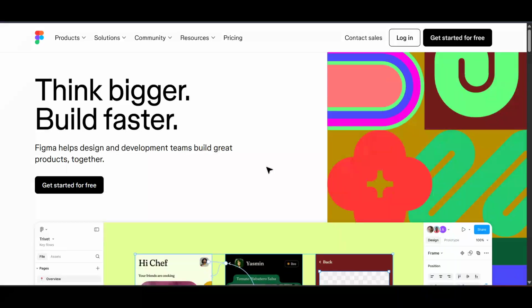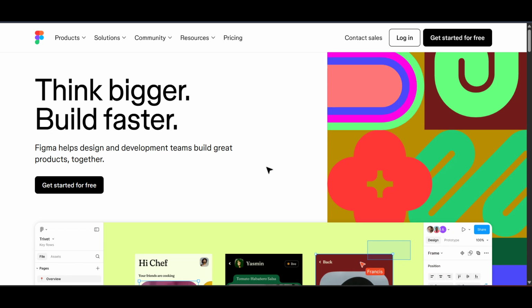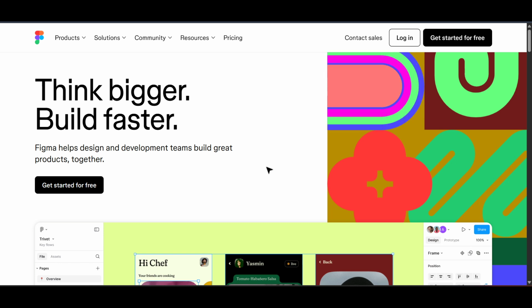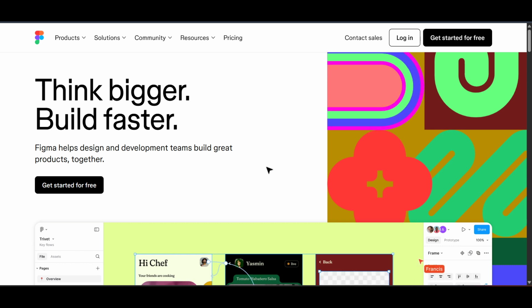In today's video, I'm going to teach you how to create design tokens in Figma using Figma tokens. This process is crucial for designers who want to maintain a consistent design framework across projects, ensuring efficiency and uniformity. Let's dive right in. First, you'll need to open your web browser and head over to Figma, known as a